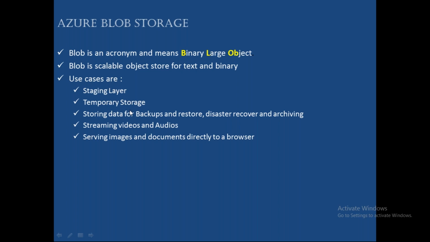Next, temporary storage. So a staging layer or temporary storage. Staging layer means when you are loading data into Azure Synapse using Polybase, you can say it's a staging layer. Temporary storage means you want to store some file for the next few days, maybe one week, and later you don't want this particular file. Then you can store it, and you have some metadata. Maybe it is temporary metadata or permanent metadata, doesn't matter, you can store it in your blob